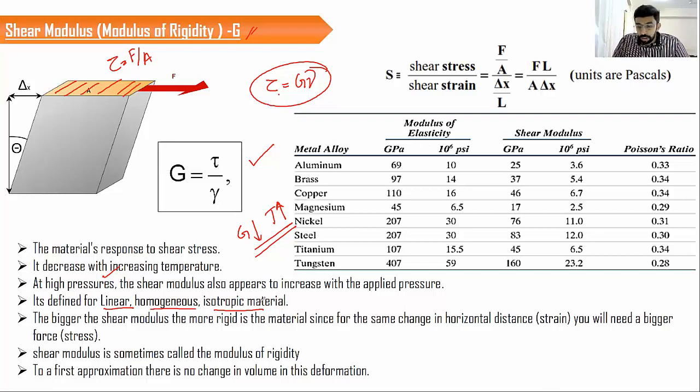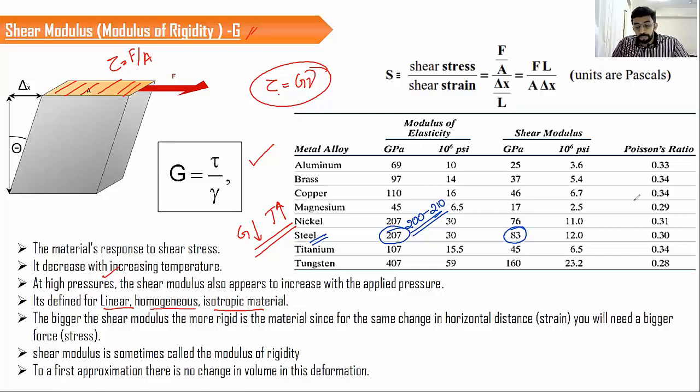This table gives us the value of Young's modulus, sorry, not the Young's modulus, the shear modulus and the Young's modulus of different materials. So if you take steel as an example, you can see the Young's modulus is 207 and the corresponding shear modulus is comparatively very less, 83. But usually the value for steel is not a constant one, 207. We have different types of stainless steel alloys, so usually the value ranges from 200 to 210. That is the normal range of the Young's modulus of stainless steel.